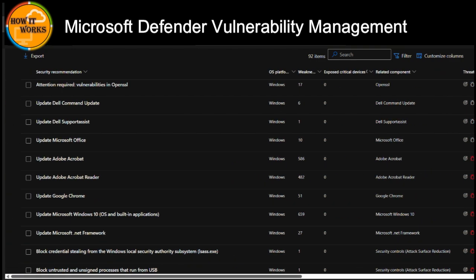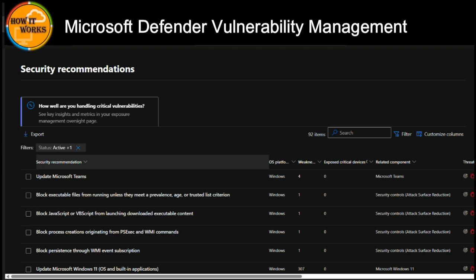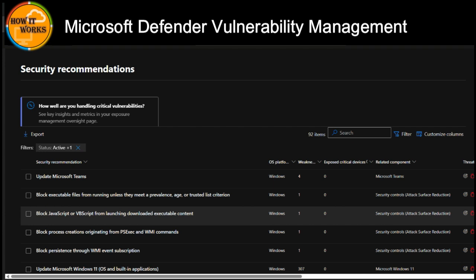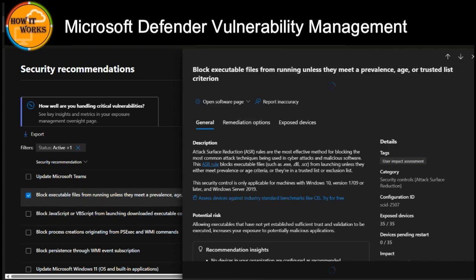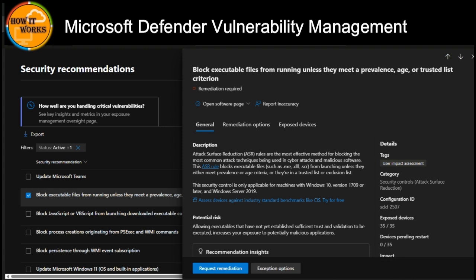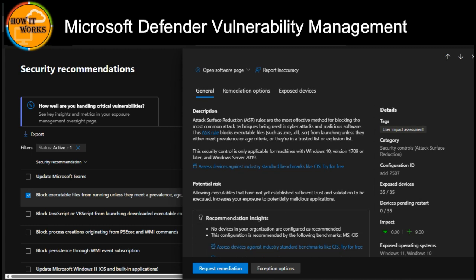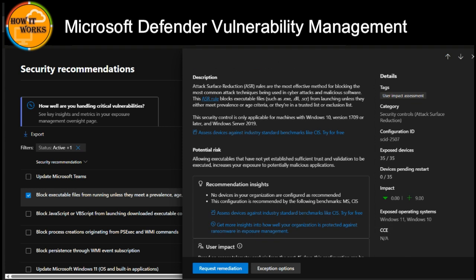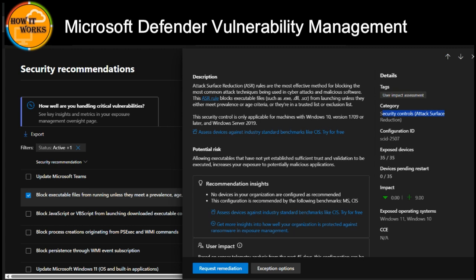For example, if there is a configuration vulnerability, where we are missing some configuration in our network, how are we going to fix it? I'll take this one as an example: block executable files from running unless they meet a prevalence, age or trusted list criterion. All right. So you will see it shows the exposed devices, then those vulnerabilities and CVE if available. It also shows the category, security control, attack surface reduction, and